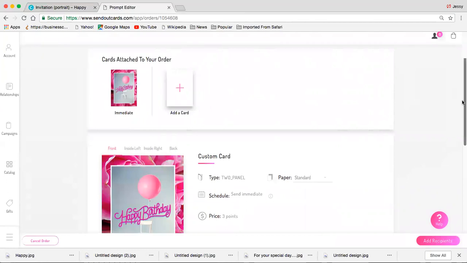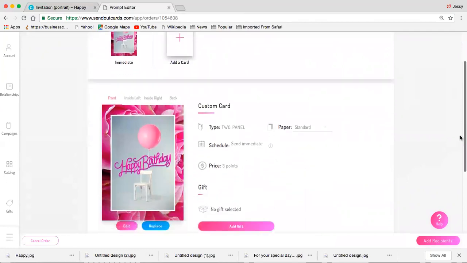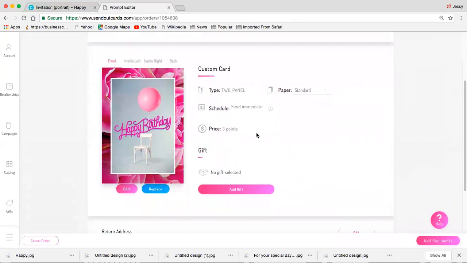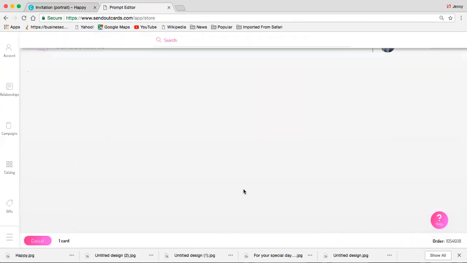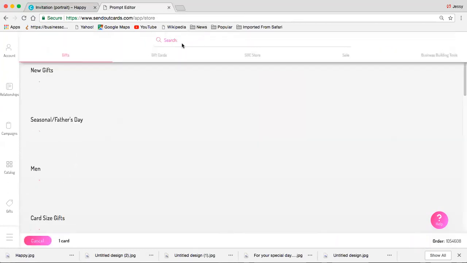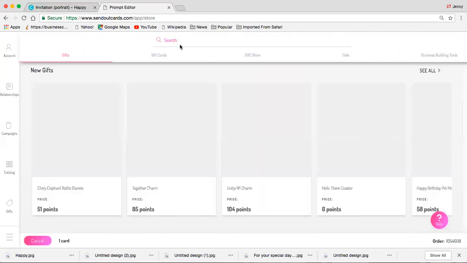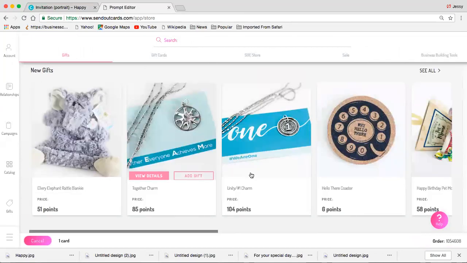For the example here, we will just be sending the card, but I want to just show you if you wanted to add a gift, you can search the gift store. You can go through the menu here, or you can just put in, let's put in dog